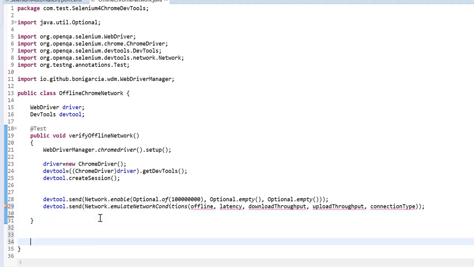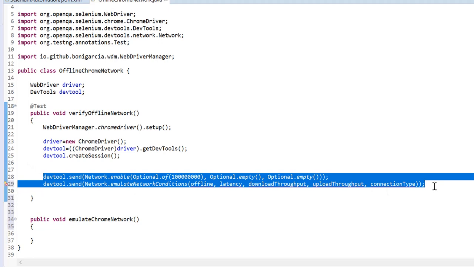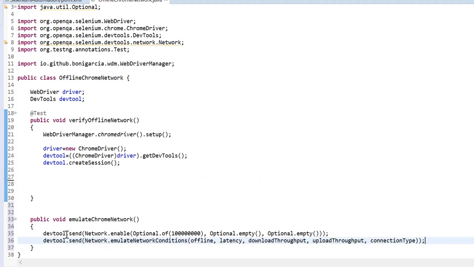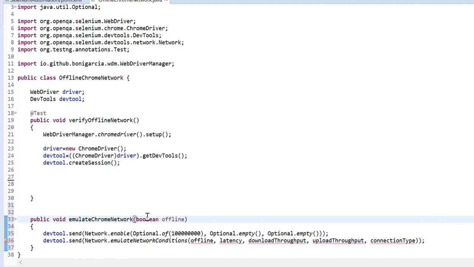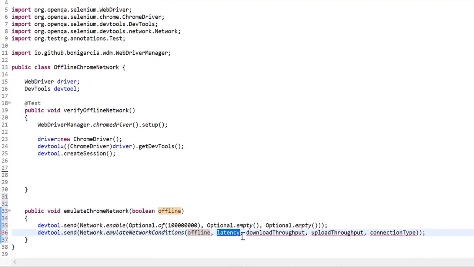I'll create a method, public void emulateChromeNetwork. These lines I am going to move here, and I'll parameterize the boolean offline.